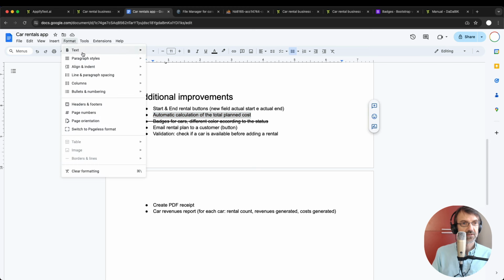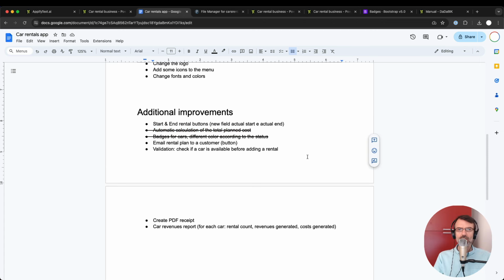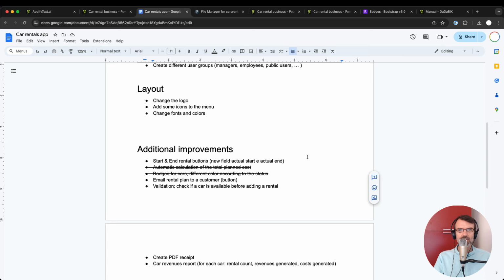So format text, and that's it. Okay, before moving on, I think we need to discuss a little bit something we skipped during